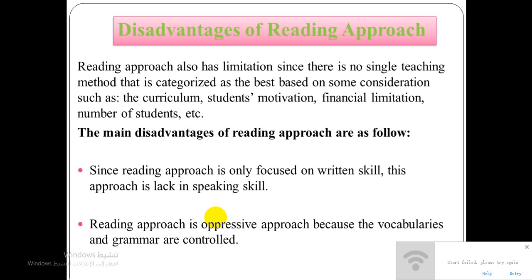So the main disadvantages of the reading approach are as follows. Since the reading approach is only focused on written skill, this approach lacks speaking skill. The reading approach is also an oppressive approach because the vocabularies and the grammar are controlled just to